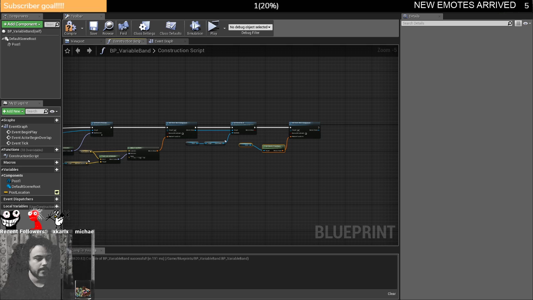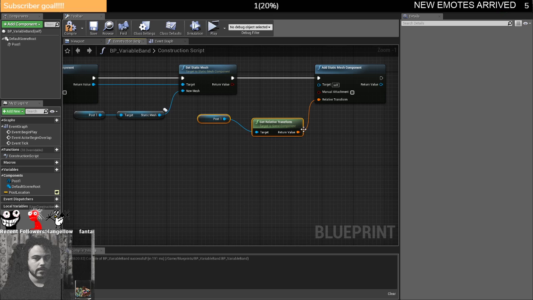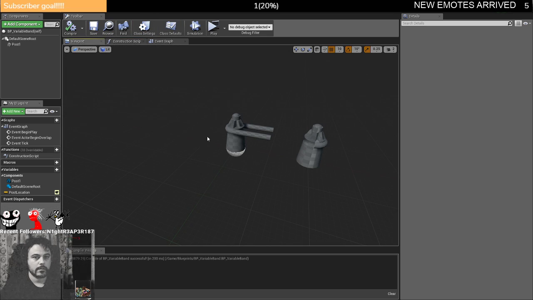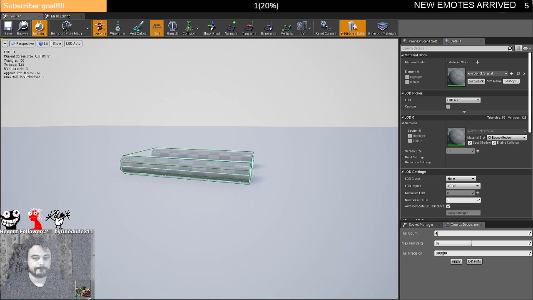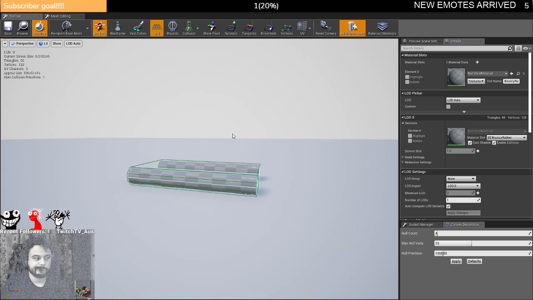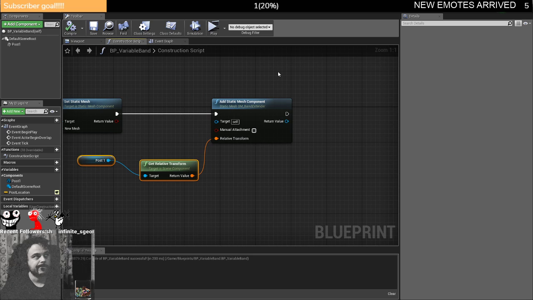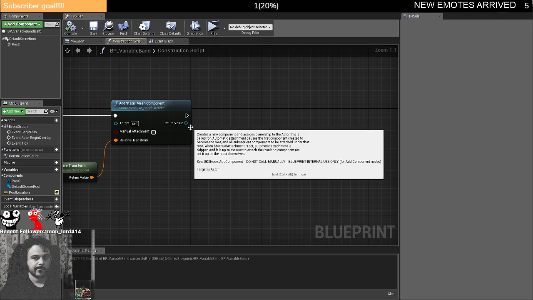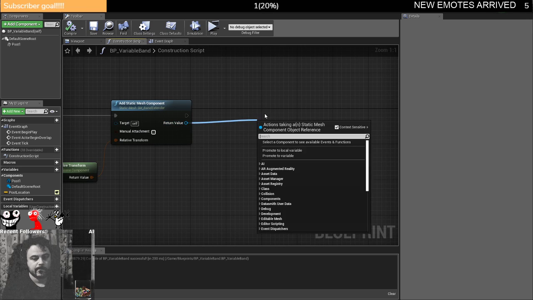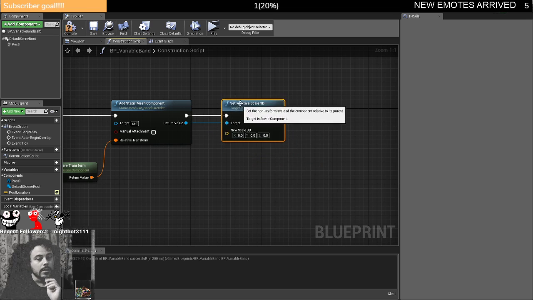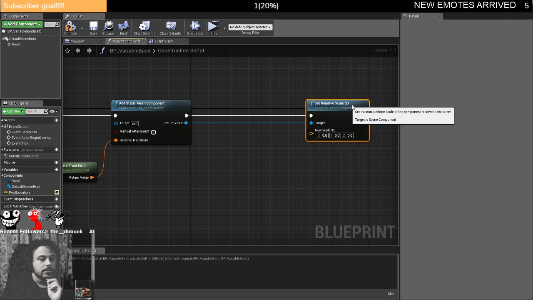Okay, so I did it. Okay. So now that that's set, what I'm going to do is I know band extender is exactly 100 units long. So from here to here is 100 units, which means at a scale of 1 on the x-axis, it is 100 units long, which allows me to do the math backwards to work out what scale it would need to be to connect the two locations. And that's actually rather simple math here. All I need to do is get the static mesh component, and I need to set the relative scale 3D. And the scale is going to be equal to the Y and Z scale. So I'm going to drag off of this transform and just do